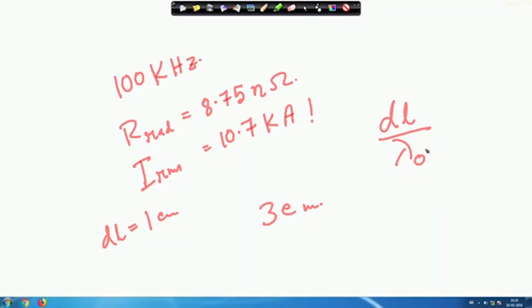We will see that it becomes a familiar, very efficient antenna near to that, a dipole, monopole, etc. So, this is important: with dl by lambda naught small, the current element is a very inefficient antenna. But then the question is